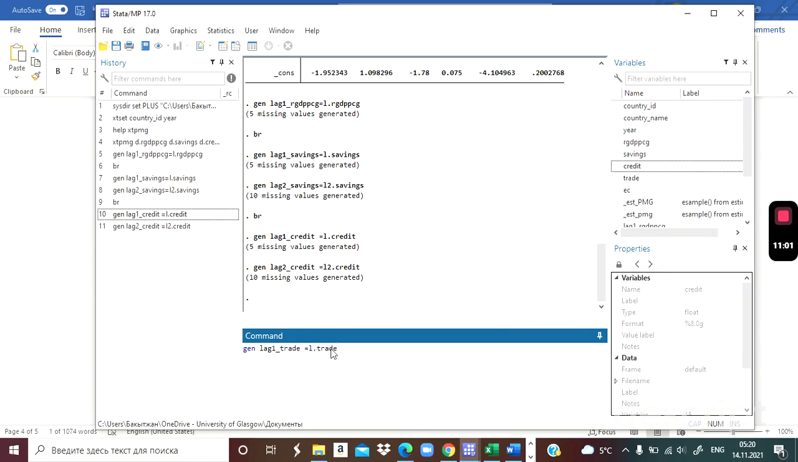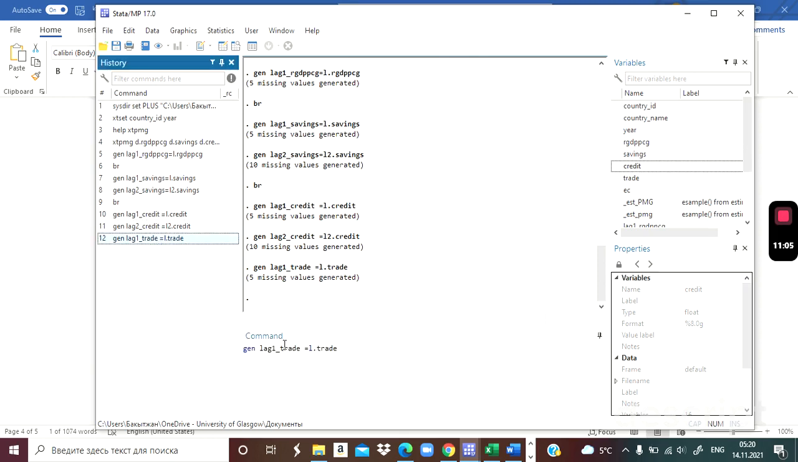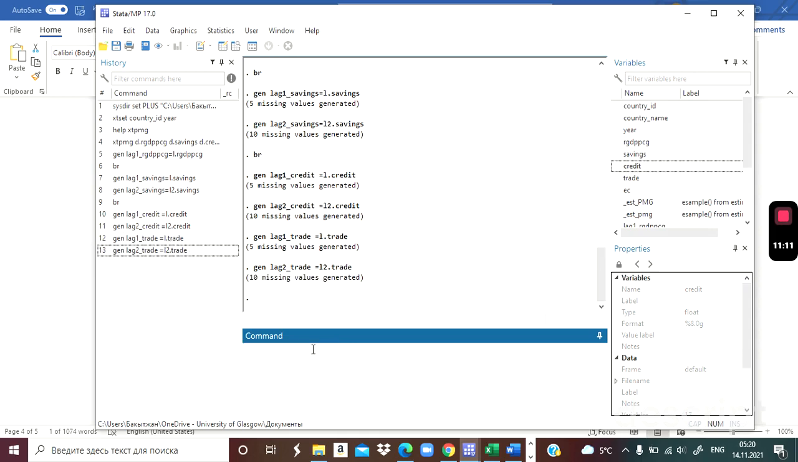Trade. Lag 1 for trade and lag 2 for trade. Now we